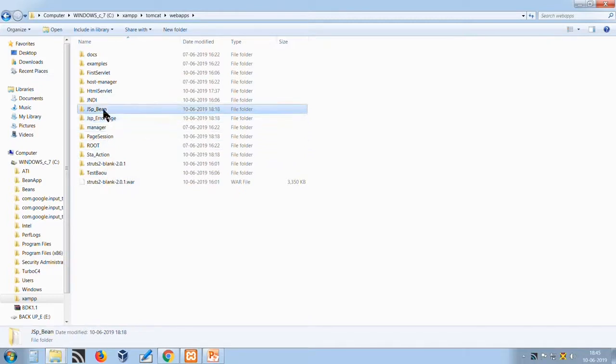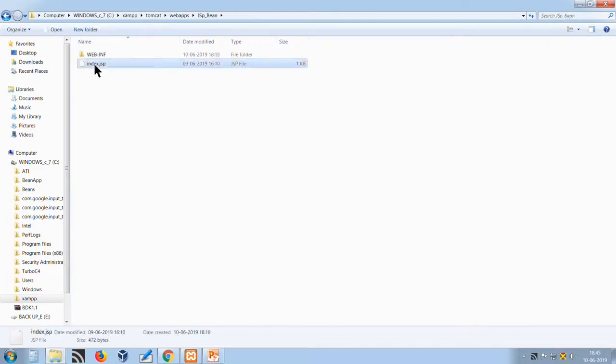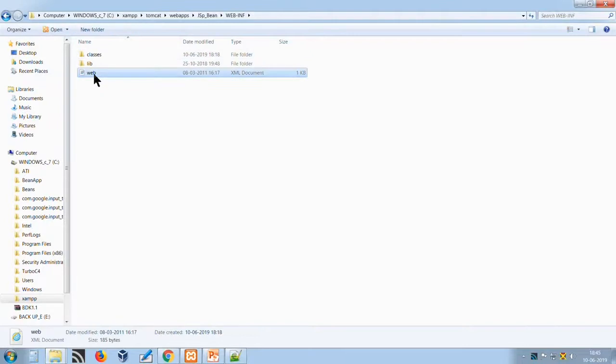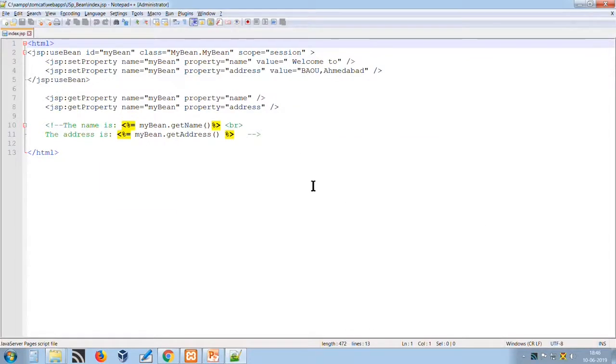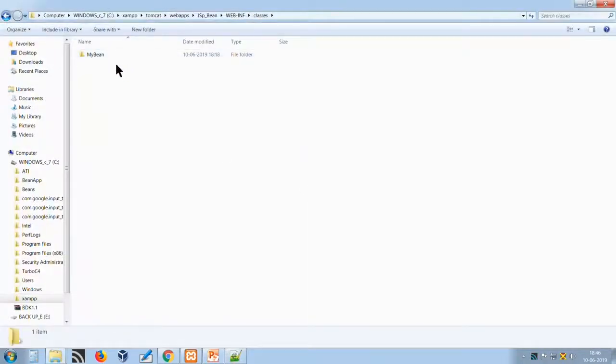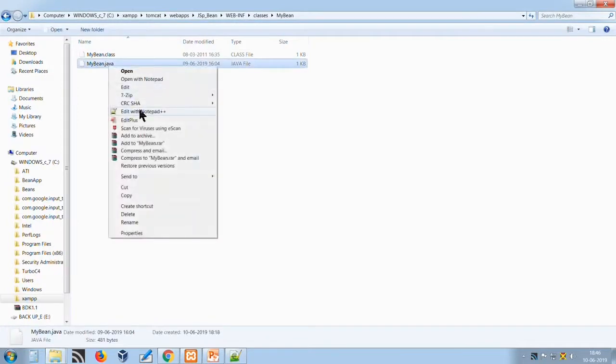the bean action, what this JSP bean JSP file contains. Here, what we have written, simply web.xml does not require any kind of mapping, as it is only dealing with the JSP file. There is no controller, so we do not need it. In a bean we need a bean class. So, here we have written a bean.